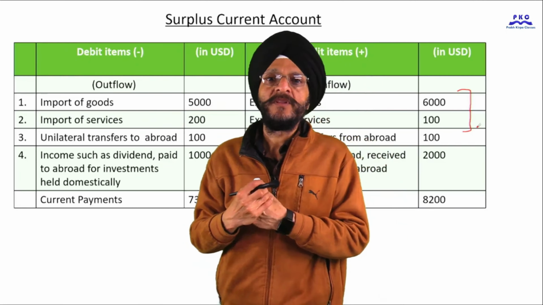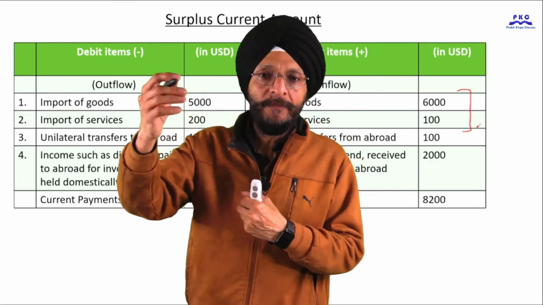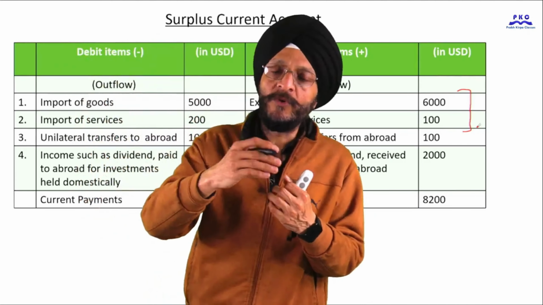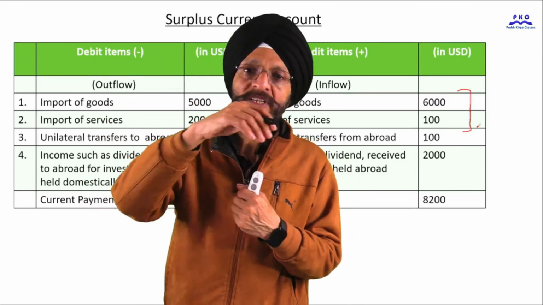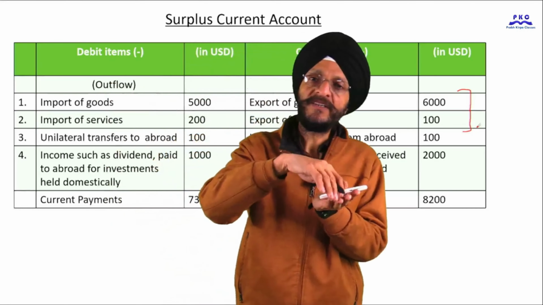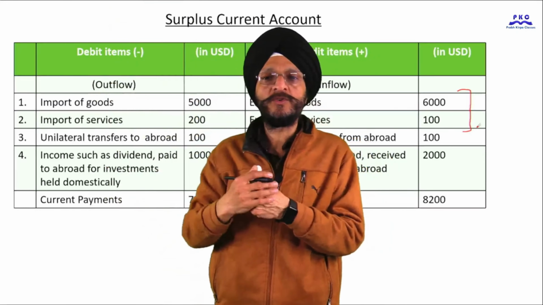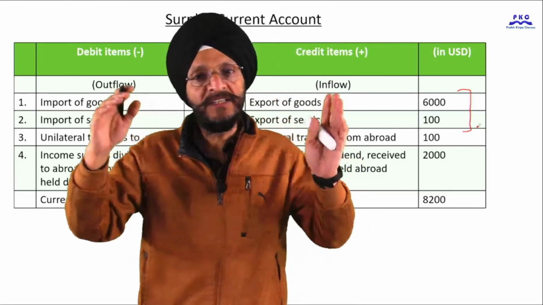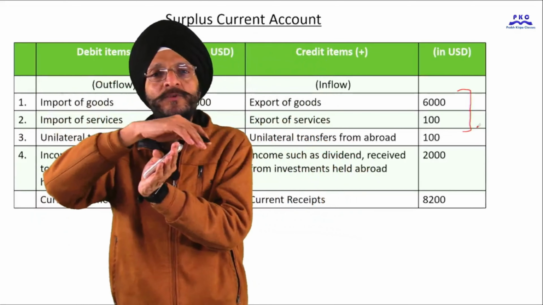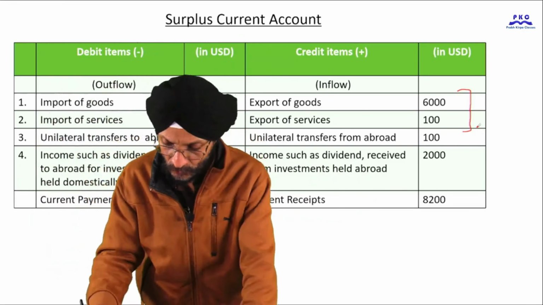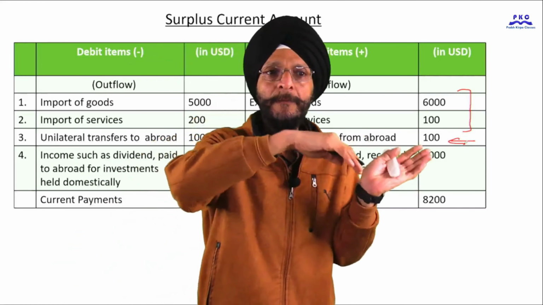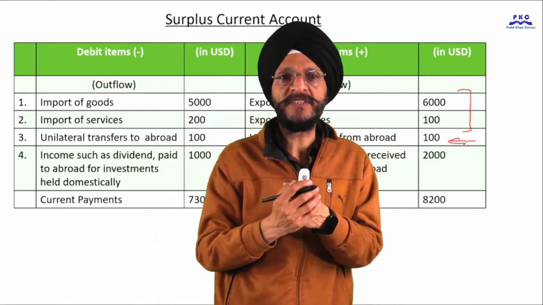In the same way, we as a country may have to make some one-time transfers so that we may help the other countries who are in need. Say due to some natural disaster, on humanitarian ground, we may provide some aid to the rest of the world. In the same way, we may receive aid from the rest of the world. The individual residents of our country may receive gifts from the rest of the world, and in the same way our residents may be paying certain gifts to the rest of the world. So all these are unilateral transfers, either received or paid. Here we have also taken hypothetical figures with regard to unilateral transfers made and received.